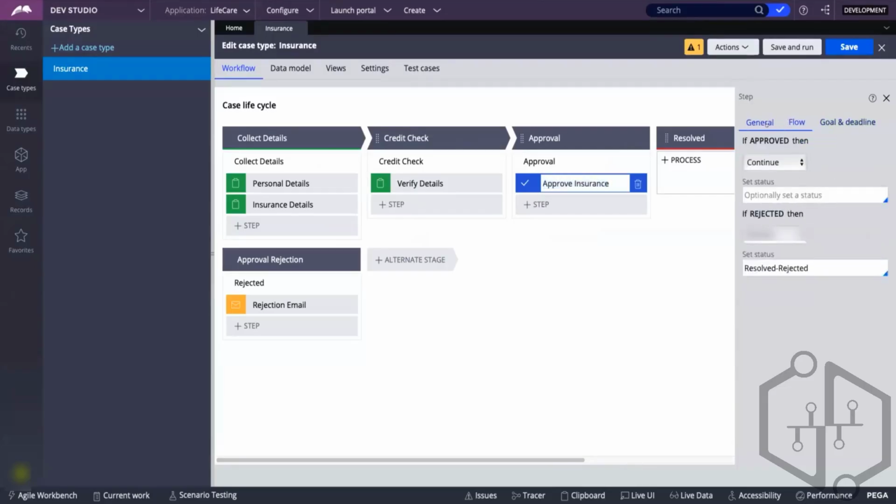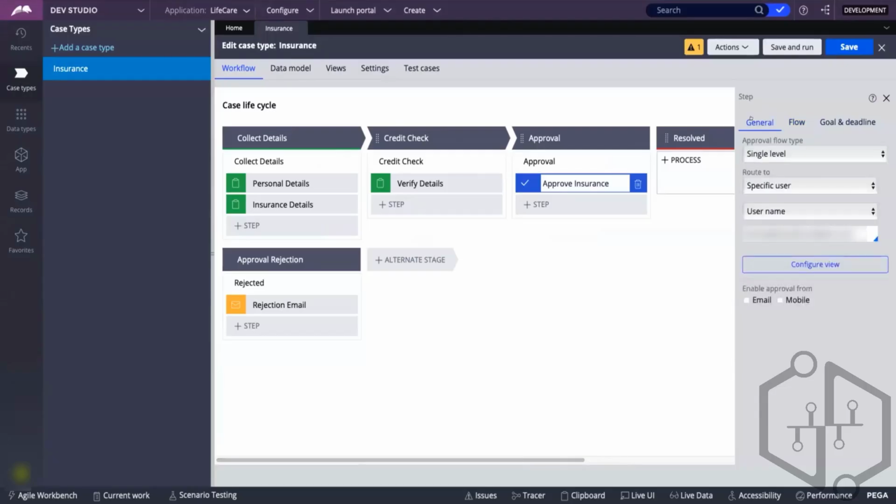Okay, it is still not showing me that option. Yes. You see one extra option is there. In Dev Studio, you can see approval flow type. Correct? Here you have two options: single level and cascading. But if I go to App Studio,